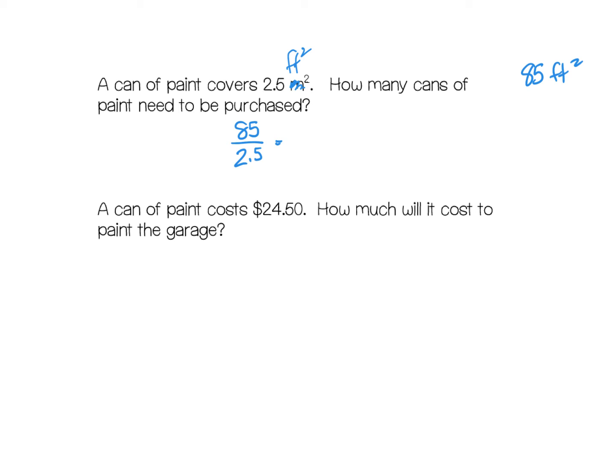Okay, I'm realizing there's an issue with this problem here. So let's change this here to just say 25 square feet. I apologize about that. Okay, so let's try this again. A can of paint covers 25 square feet. How many cans of paint will need to be purchased? So I really need to take 85 and divide that by 25. So if I take 85 divided by 25, I'm going to get